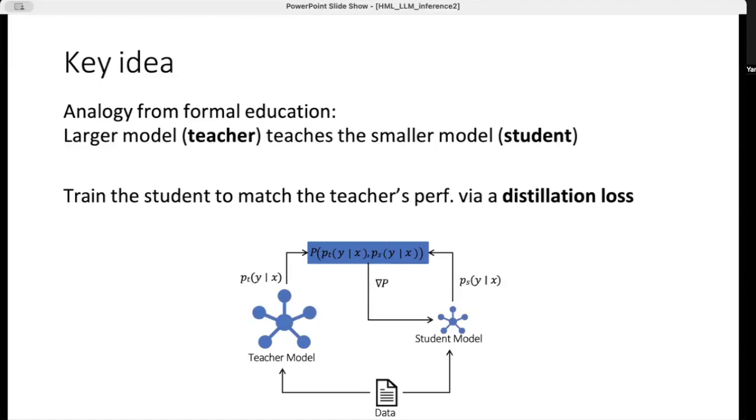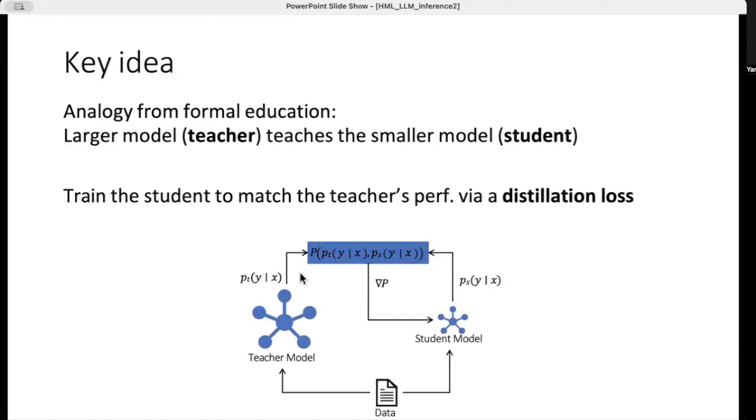For each token, you get a likelihood score for the next token prediction. We take this score prediction from the teacher model, and we also get a score from the student small model. And then the loss is